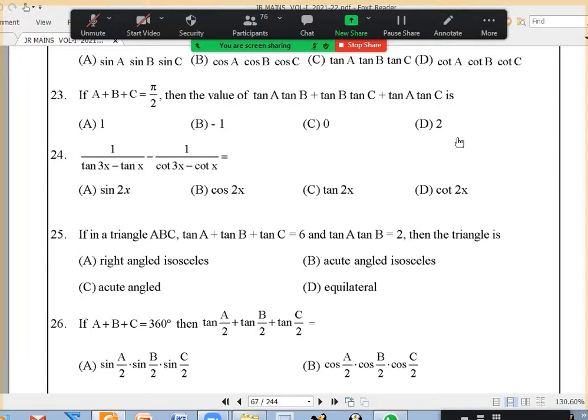Once again, in trigonometry, as I said, many questions can be easily done by the objective method. For example, if a plus b plus c is 90 degrees, somebody can take a 30, b 30, c 30, right? Yes, sir. Then tan a is 1 by root 3, tan b is 1 by root 3, tan a into tan b is 1 by 3. You get 1 by 3 plus 1 by 3 plus 1 by 3 equal to 1. You will get the answer, but you will not develop the skill of how this formula is used. So anytime you do it by the objective method, please do it by the proper subjective method also.